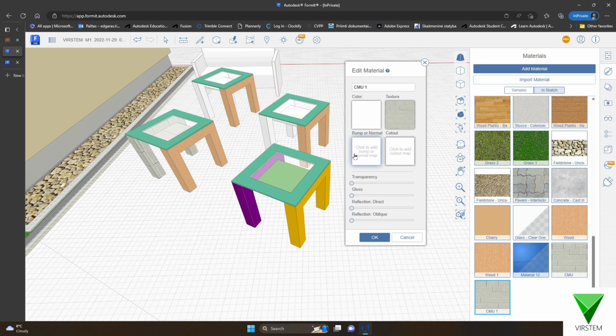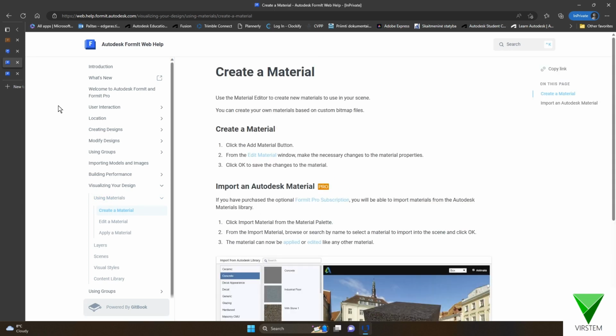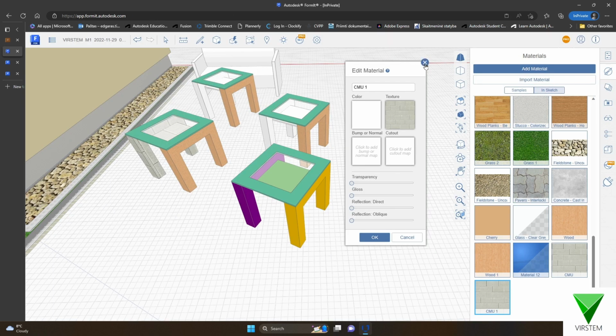So these are more advanced options to create nice visual elements for materials. And like I mentioned, you can always click this question mark and go to the help page